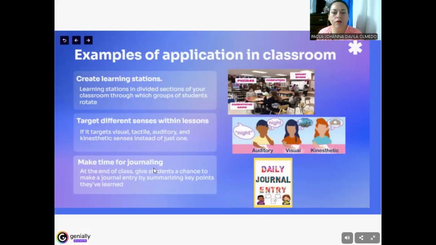Making time for journaling. A journal can be a tool for a student to reflect on the lessons you've taught and the activities you have run, helping them process new information. When possible, at the end of class, give students a chance to make a journal entry by summarizing key points they have learned, attempting to answer or make sense of lingering questions, explaining how they can use the lesson in real life scenarios, or illustrating new concepts, which can be especially helpful for